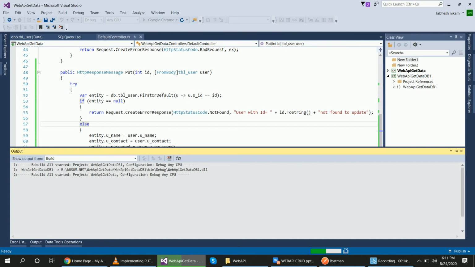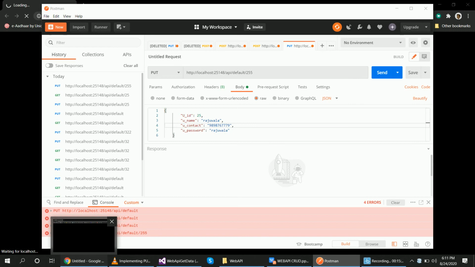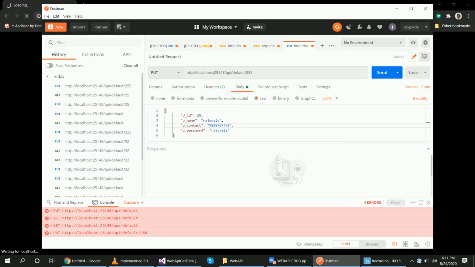Now these 2 succeeded is okay. Run the program. After successfully running the program, we go to Postman.